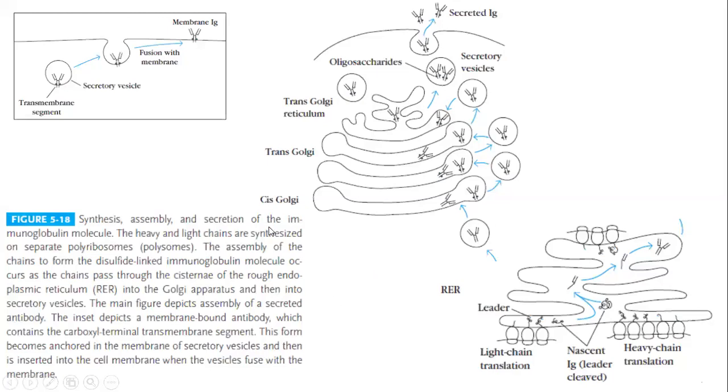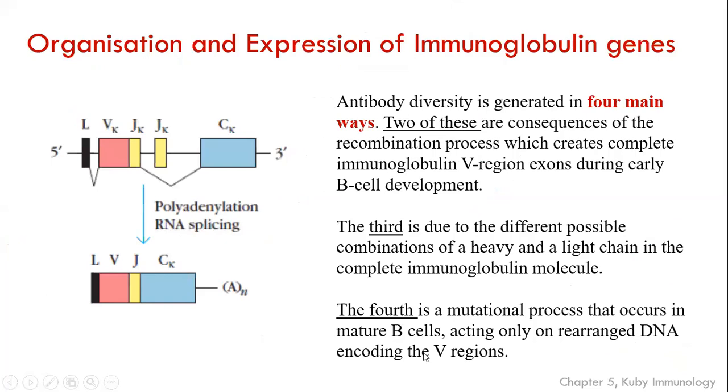So that brings us to the end of the class. In summary, the session has discussed the overall structure and organization of the antibodies, further the structure and organization of the genes and gene segments for the light and heavy chains, and the different combinatorial mechanisms by which different exons and different polypeptides can be produced. The whole organization and expression of immunoglobulin genes is divided into 4 steps. The first 2 are the consequence of recombination events where the gene segments VDJ recombine to provide specific V region exons during B cell development.